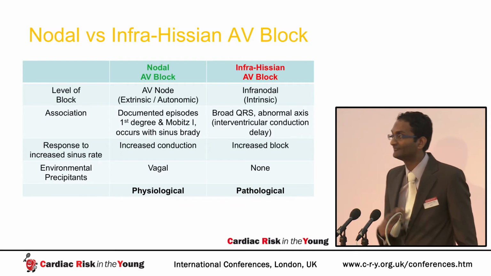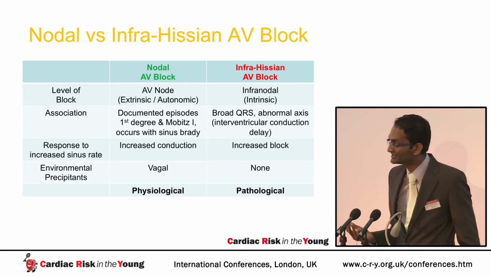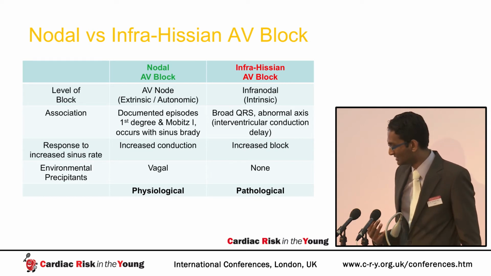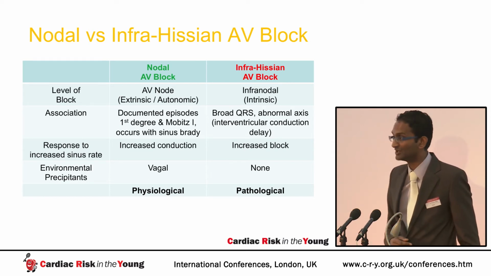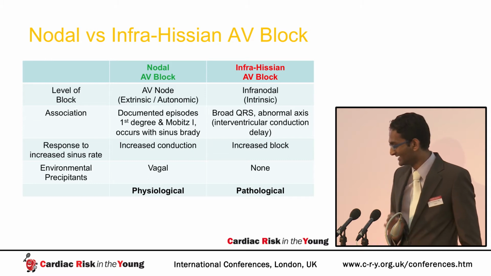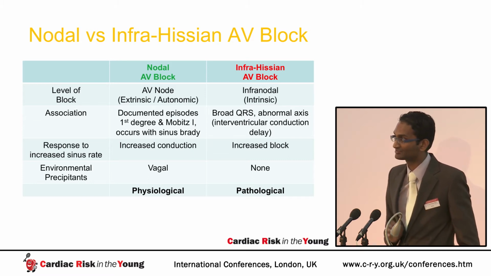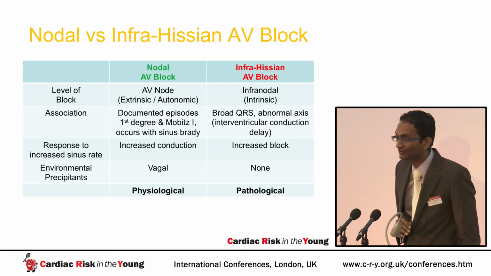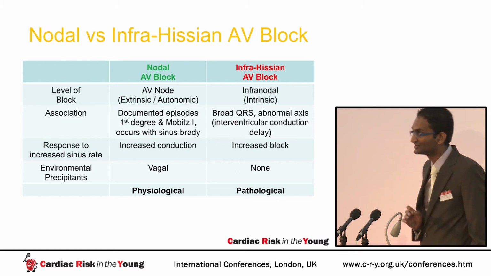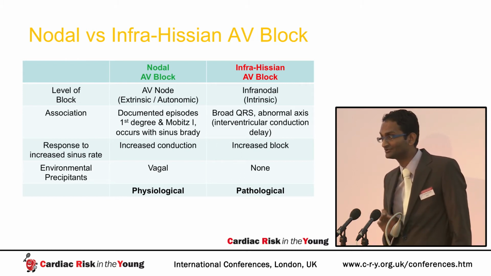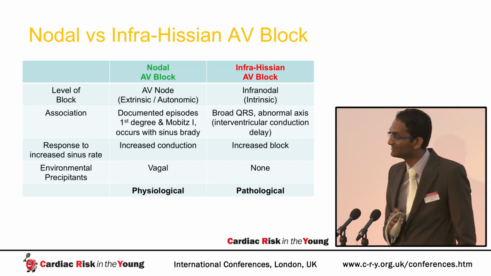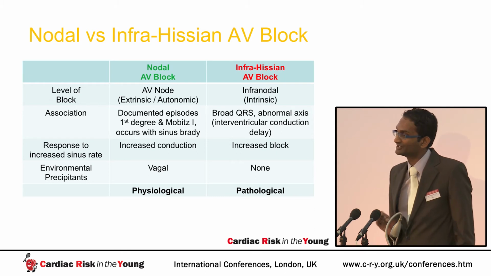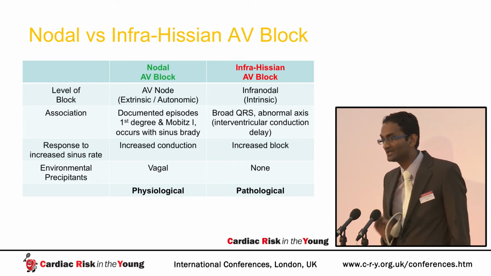Generally, those that have vagal AV block have a variety of different degrees of AV block, that is first degree, Mobitz 1, and also, in this case, Mobitz 2, and often it coincides with the occurrence of sinus bradycardia. You'll recall that this particular case had evidence of 2-to-1 block with an atrial or a sinus rate of 80 beats per minute, and while that is relatively unusual, it's not unheard of, and about up to 1 in 20